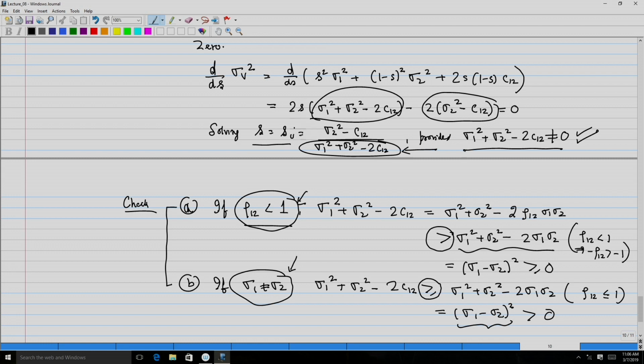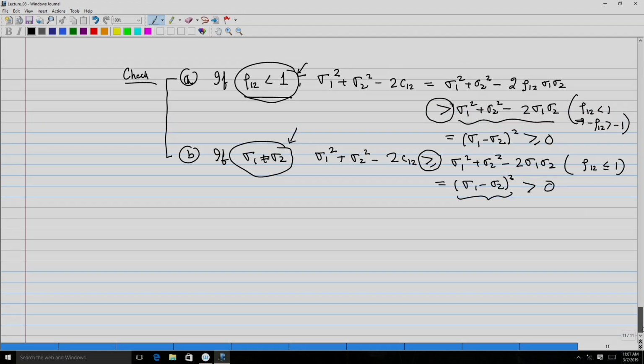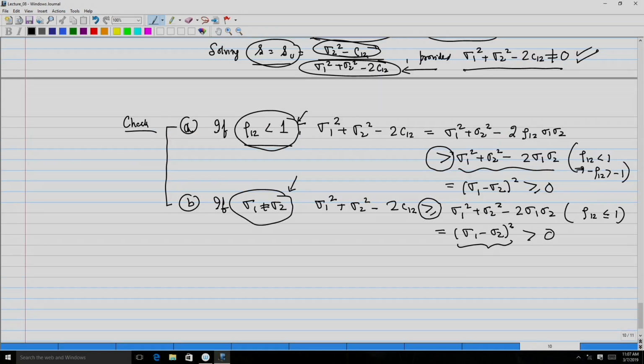So, that means S naught will always exist. Remember that the S naught that we have here has the terms sigma 1 square, sigma 2 square and C 1 2, and all of them are known quantities. All right. Now, when I am doing the minimization, it is not enough for me to just take the derivative and set it equal to 0. We need to do the second derivative steps also. Therefore, for the second derivative,